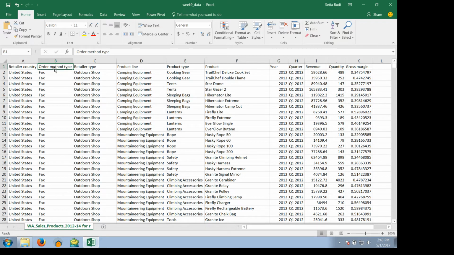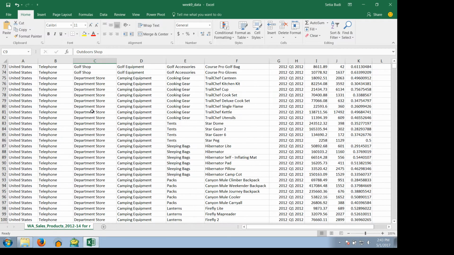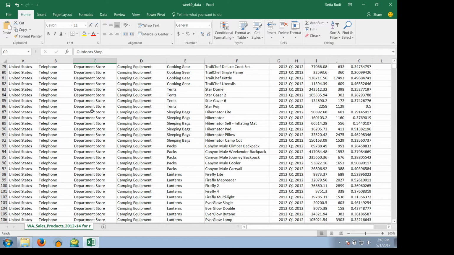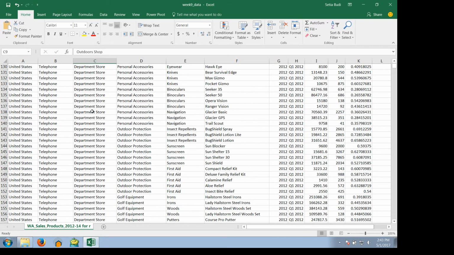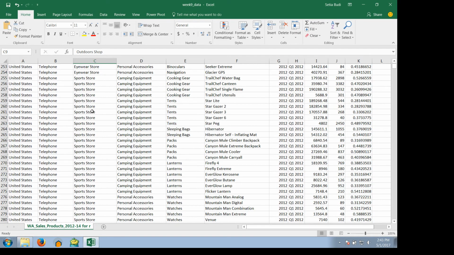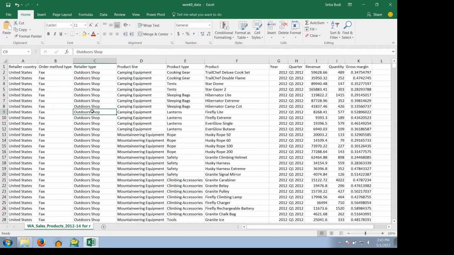The third column is retailer type. In this case, this data field refers to what kind of shop each product has been sold from. This could be outdoor shops, department stores, warehouse stores, sports stores, and so on. And the third, sorry, this is the third column, and the fourth, fifth, and sixth, the next three columns,